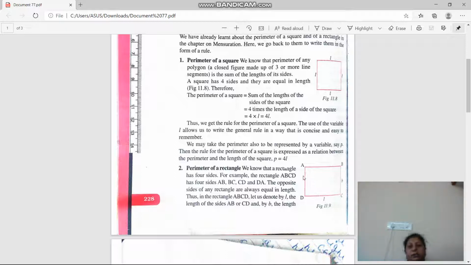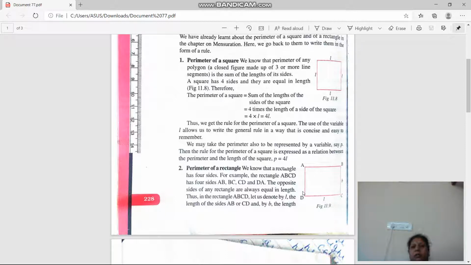second thing, all angles are right angles. Now, see this figure. All angles are right angles. And one more thing, AB and CD are parallel. These are opposite sides. They are parallel and also equal. Next, about AD and BC. See, AD and BC are parallel and they are also equal. Get it? So, suppose CD is L, then what will AB be? It is also L. Okay. If BC is B, then AD will be B.